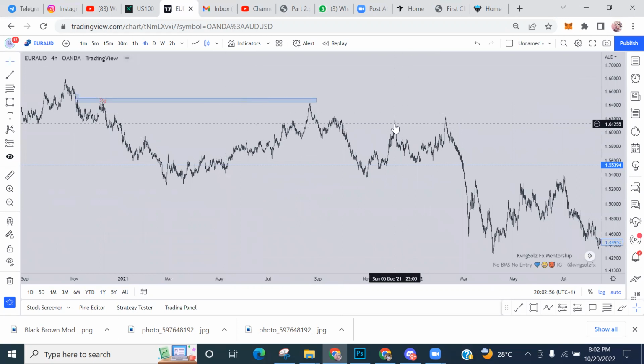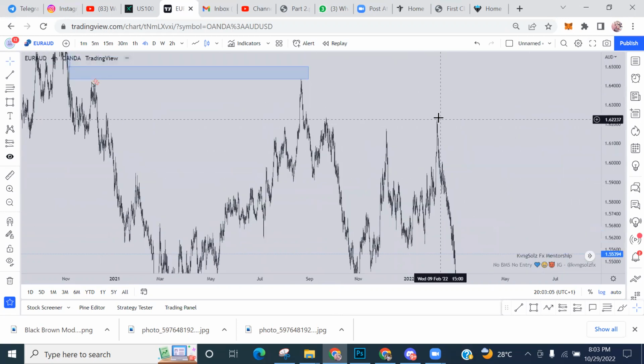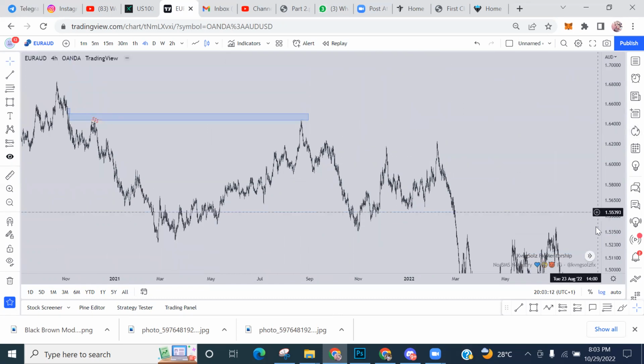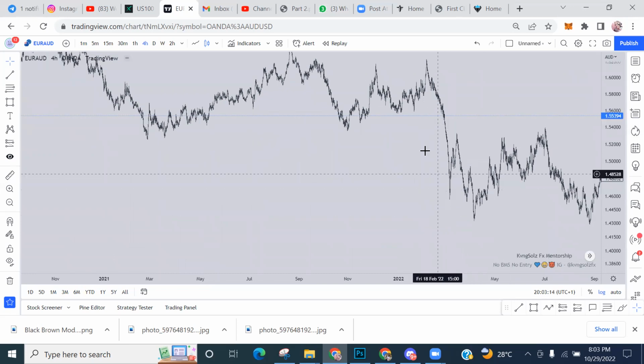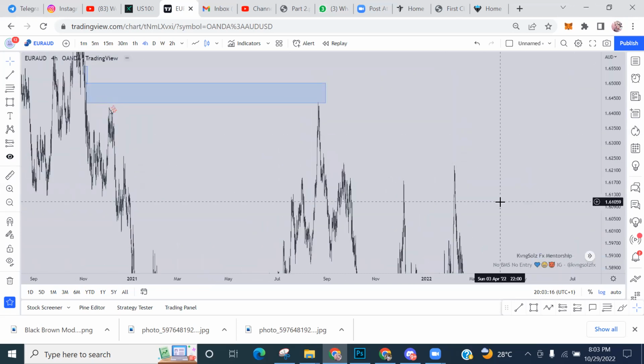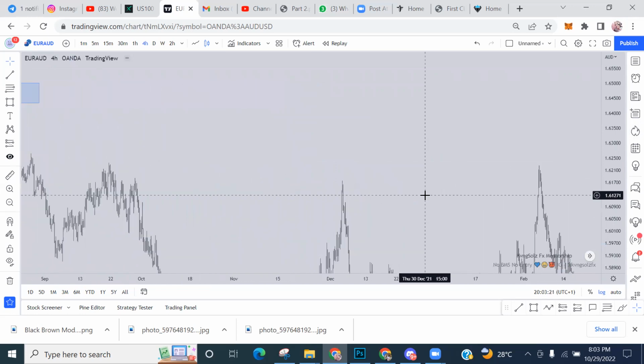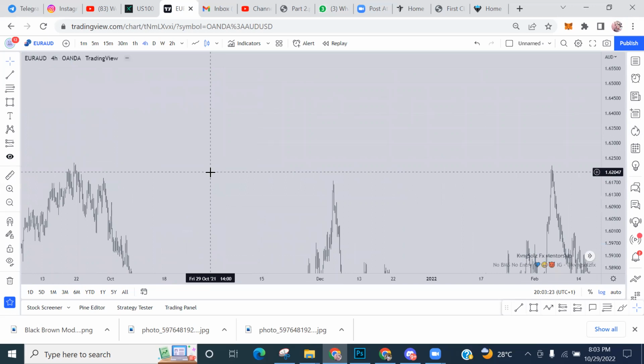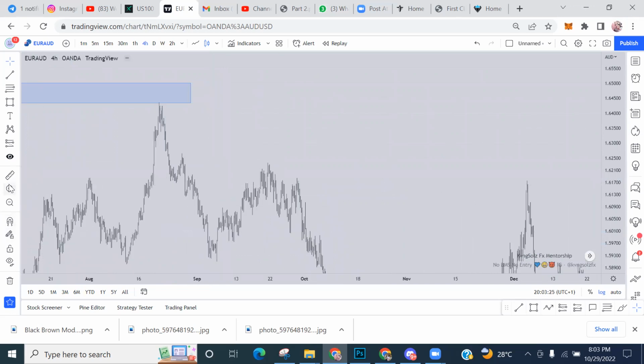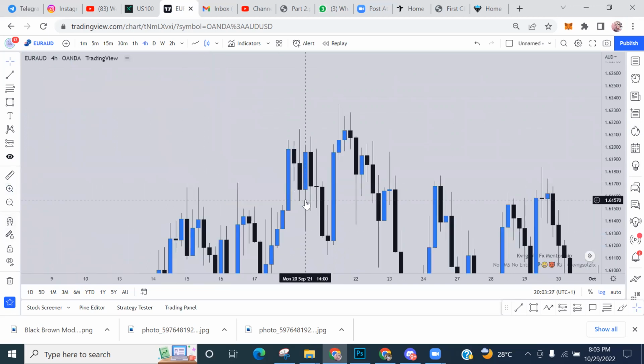Now look at this one here. It moved from somewhere to this point, but if you look closely, this one went higher. That means it must have tapped into a zone before falling down to this point. Look, the move is huge. So this is what you should do: if it's not really clear on the 4 hours, then we go back to 2 hours.